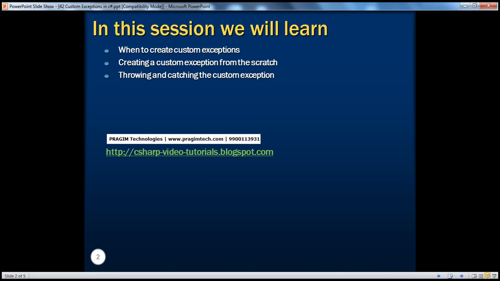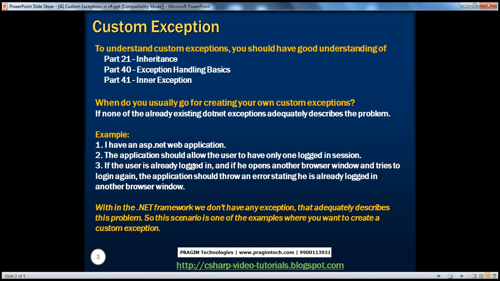In this session, we will learn when to create custom exceptions, creating a custom exception from scratch, throwing and catching the custom exception that we create. Now, to understand custom exceptions properly, you should already have a good understanding of inheritance, exception handling basics, and inner exceptions. If you want to learn more about these concepts, please watch parts 21, 40, and 41 of this video